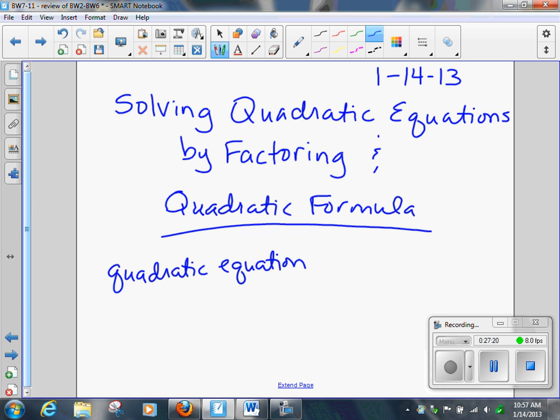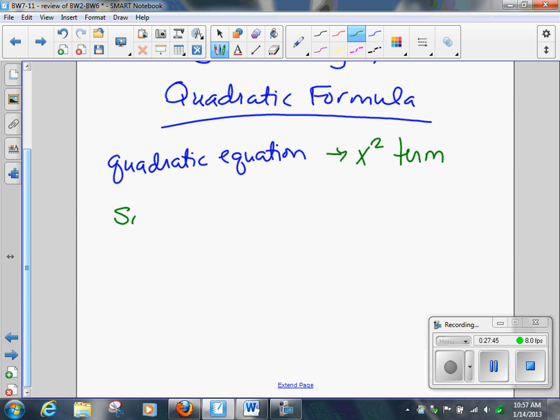Quadratic equation. How do you know if an equation is quadratic or not? It's a squared term. It's got to have a squared term. It doesn't necessarily have to have 3 terms. It doesn't have to be a trinomial. Sometimes it's a binomial. But it has to have an x squared term. Now, when we solve by factoring,